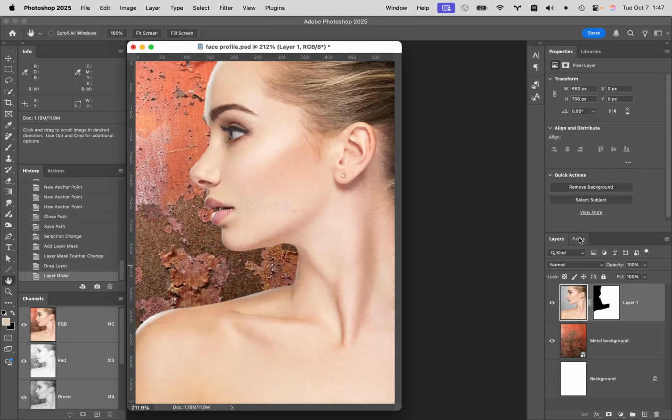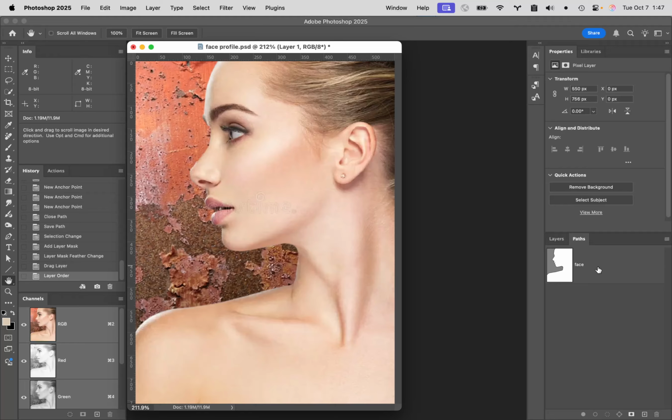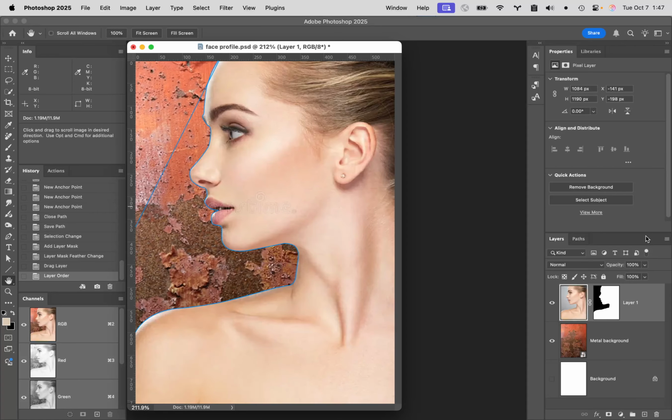I'm going to go back to my path palette, and I'm going to click to make it active. You'll see I've got a blue line around it. Now when I come back into my layers palette, make sure that you have the topmost layer selected. That's the one with the face in it. We're going to add another layer mask. So you go back down to the same thing, the way you always do it, where it says add layer mask, the little box at the bottom that's got the lighter box with the darker circle, click on it again,